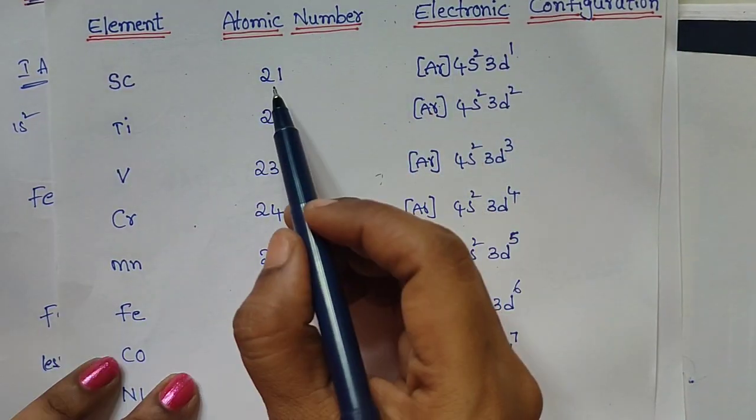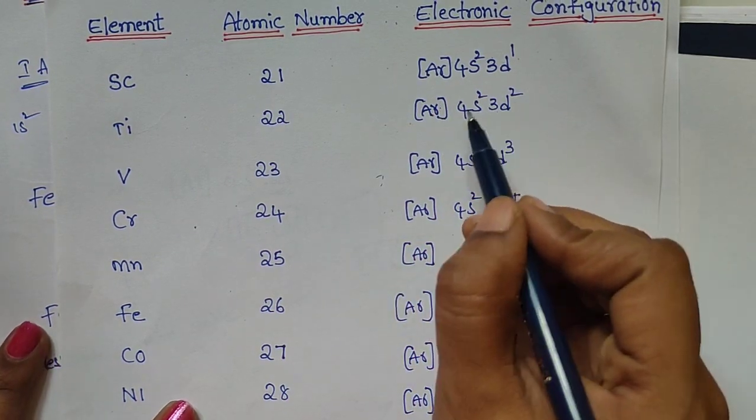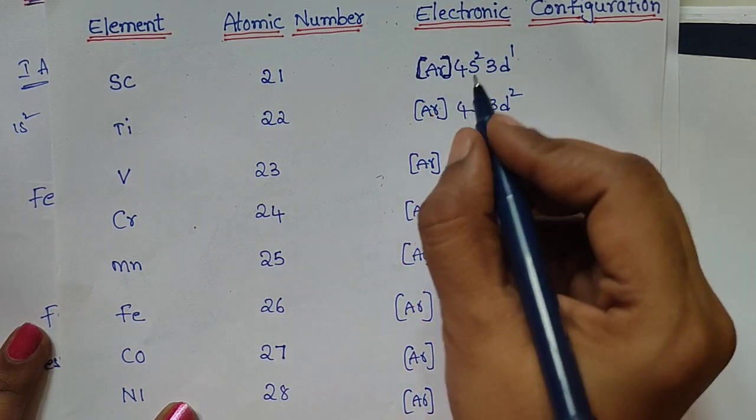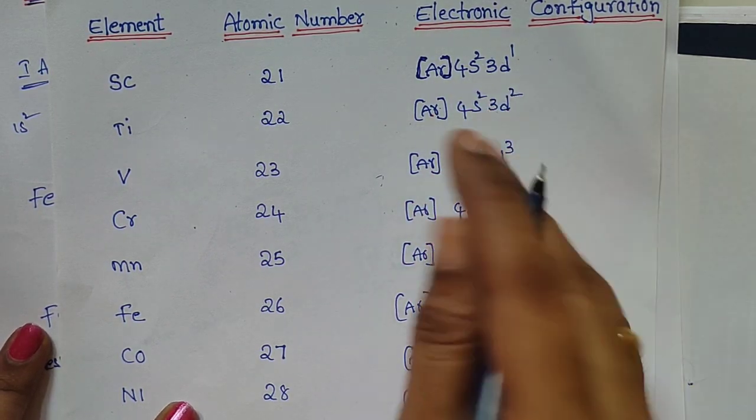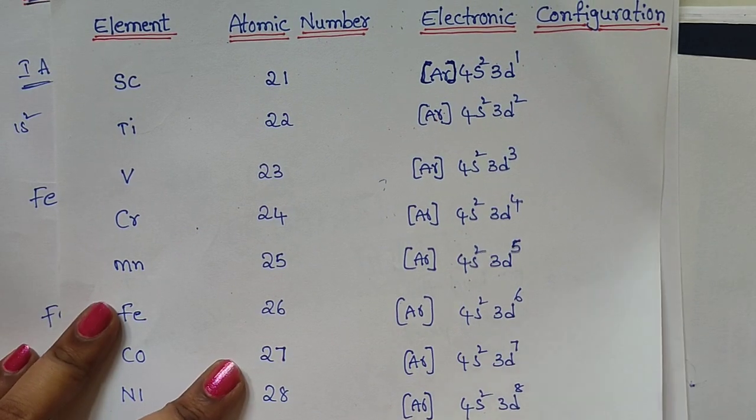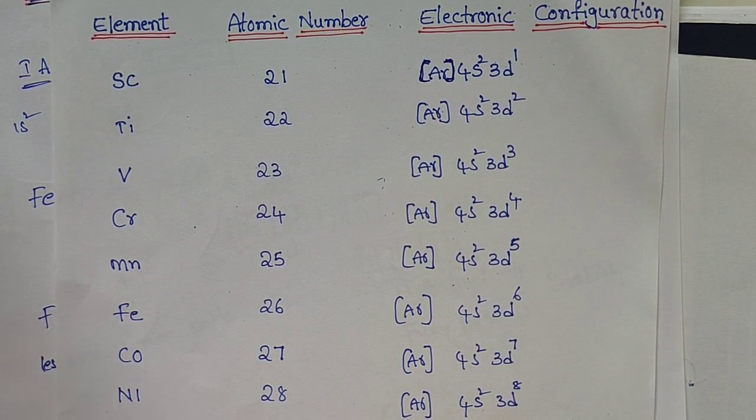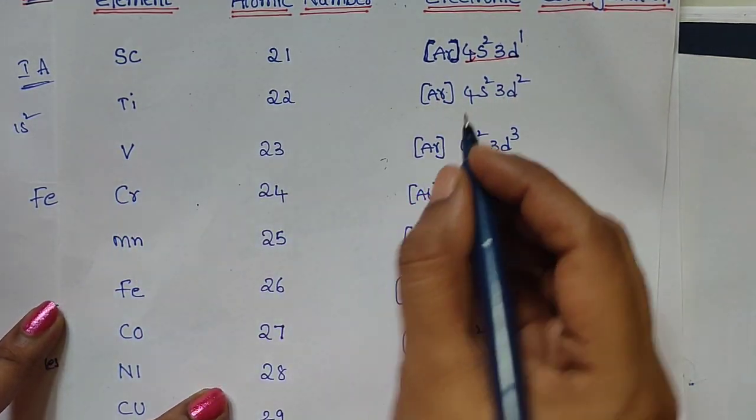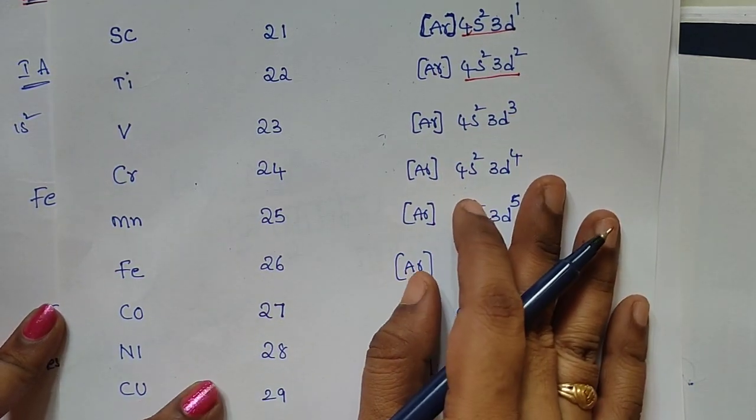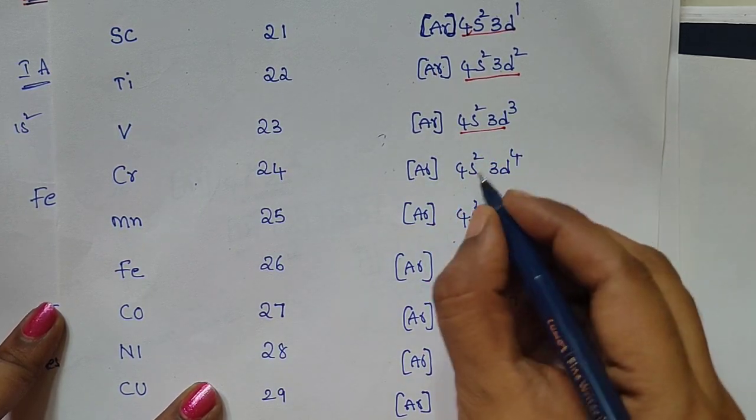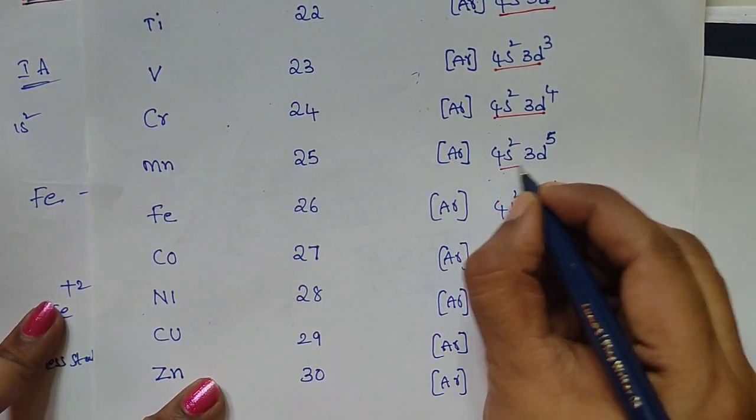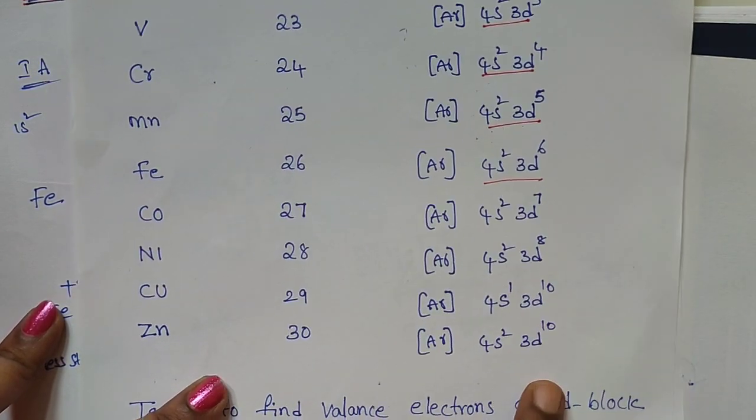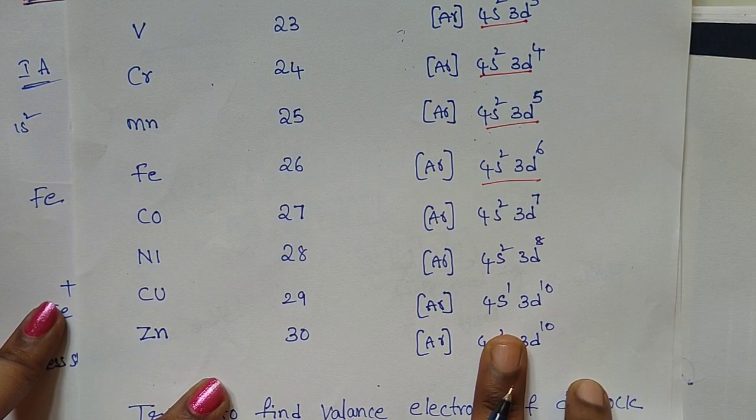Scandium, atomic number. This is the electronic configuration for scandium. This is argon, already 18 electrons are there, remaining 3 electrons. So 4s2 3d1. These are the valency electrons for scandium. In each case, see, titanium, this is the valency electrons. Vanadium, this one. Chromium, manganese, this is the valency electrons. So on. These all are valency electrons for the